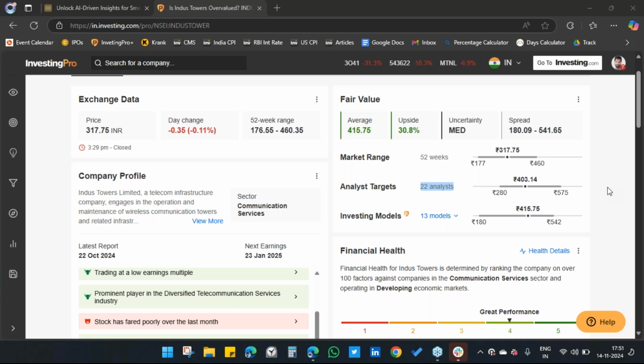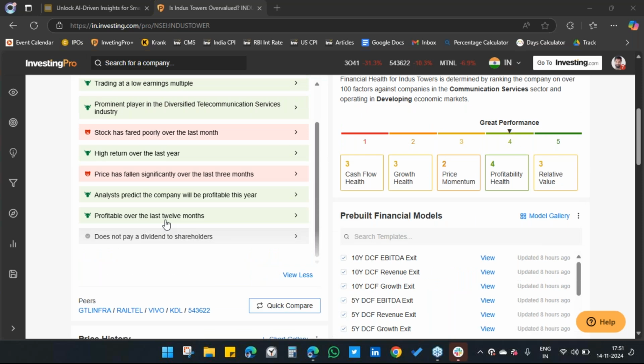So what we will do, again, is take the average, which is automatically taken here. 403 is the average, so the average target by analysts is 403. CMP is 317. Again, it's a bullish signal. Profitable in the last 12 months. Again, you don't even have to look at the P&L statement. It automatically tells you that this company is profitable over the last 12 months and does not pay dividend to